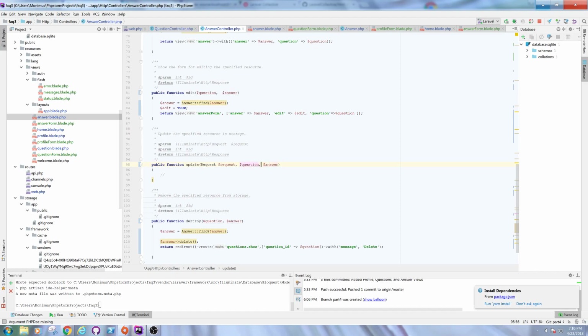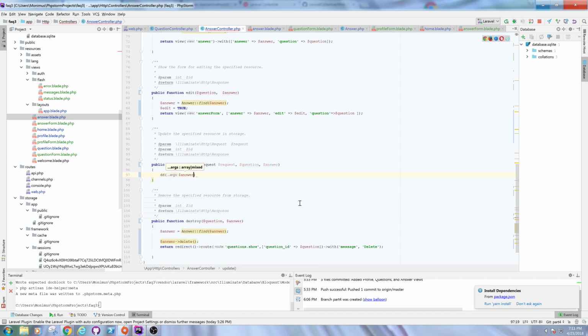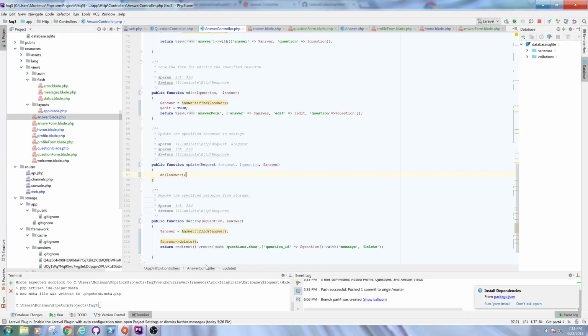So these are our IDs here. So let's just do a DD on, I'm mainly concerned that I have the answer because that's how I'm going to run the find method. And so let's do this. So we're going to save it. And we got 301 because that's the main thing I'm concerned about. I got 301, and once I got 301 there, then what I do is I just say